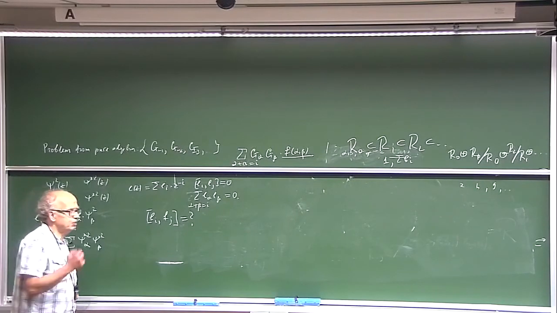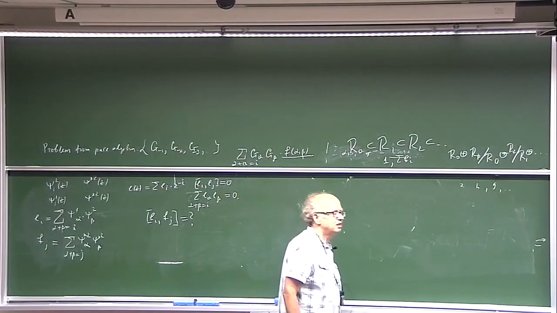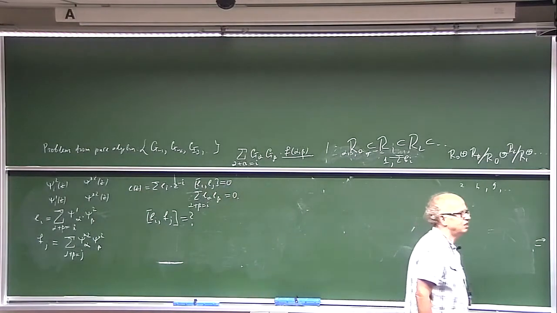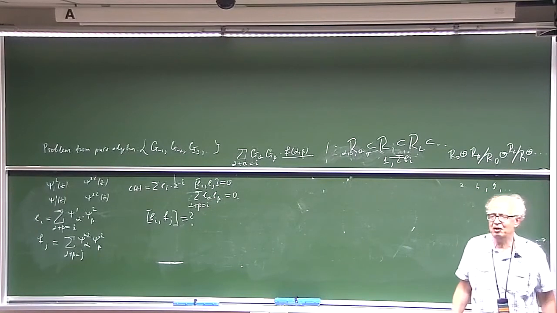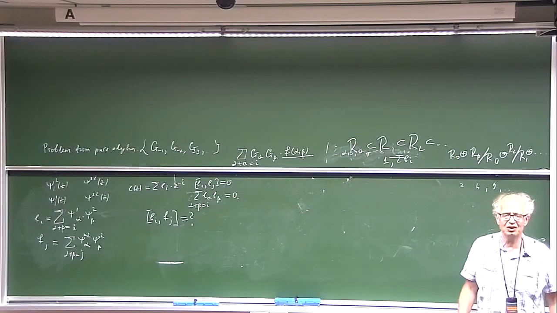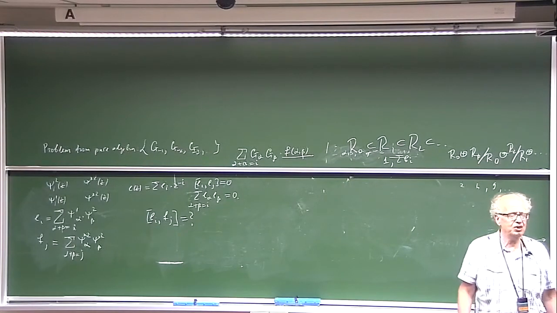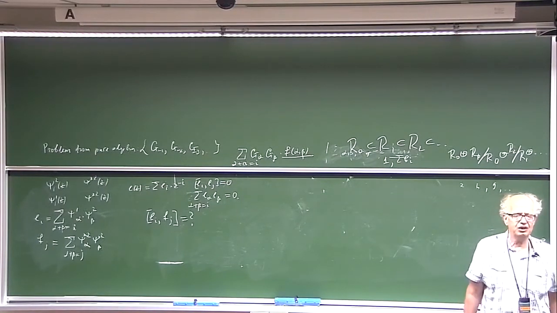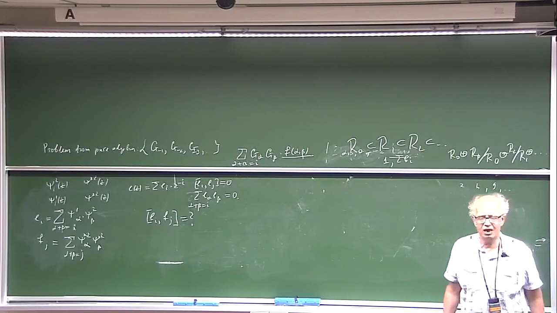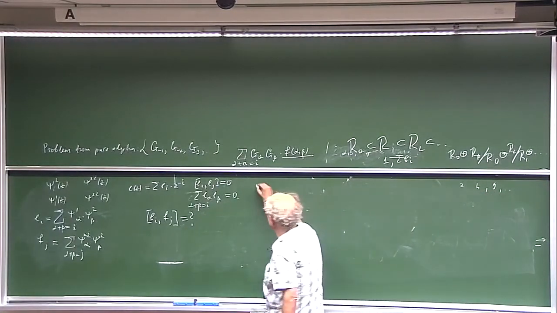Yes, let me explain maybe, if somebody in this room heard about what is usually called spinor representation, then if you have spinor representation, then what is going on here is very similar,